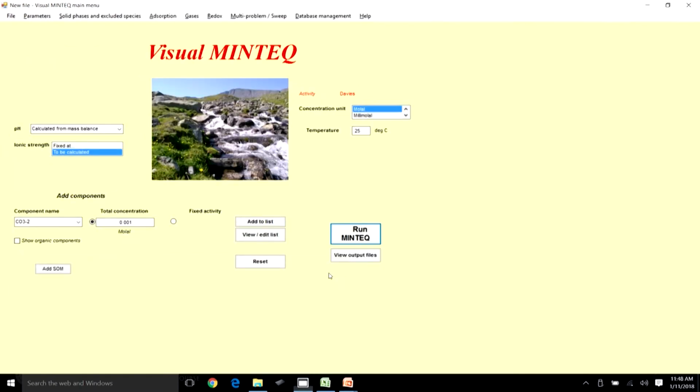I am going back to the input menu, and now I am going to change the system such that it's an open phase, or you have an open system, pardon me. So initially I am going to keep the carbon dioxide concentration relatively low, which would be similar to what you would expect in the atmosphere, and let's see if there is any change in the pH. In the second trial, we are going to increase the carbon dioxide concentration that would be in equilibrium with your aqueous phase. So what would you expect in such a scenario?